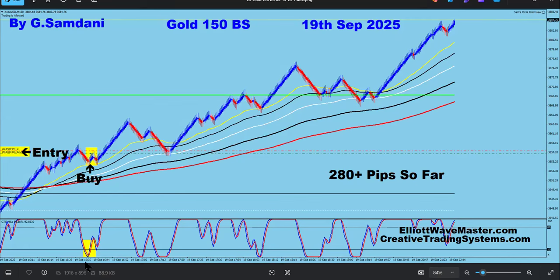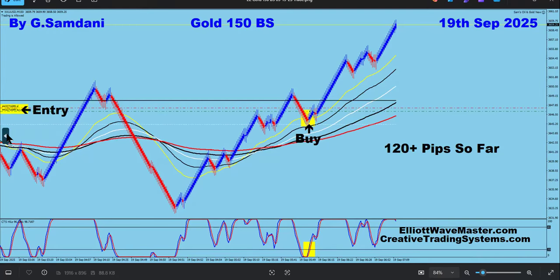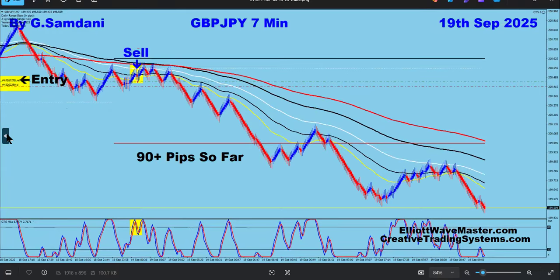But yeah, so you see that both entries are right after the alarm beep on my other chart, the bigger chart, right? The 1000 BS chart. And that's how all my gold trades are, basically. Then you see the big trades. This is 280 pips. And by the way, there was another one that I took without the setup. Let me show you where the heck that is.